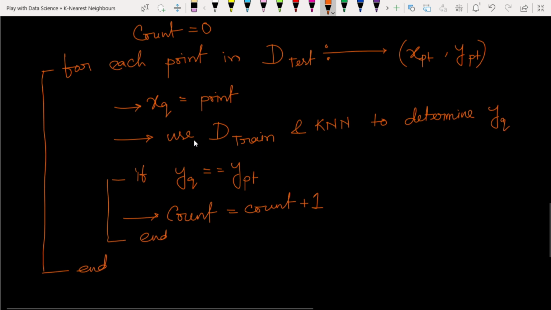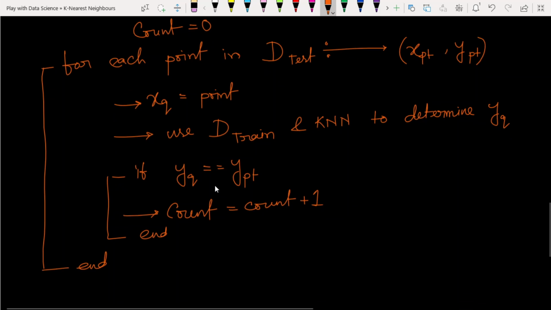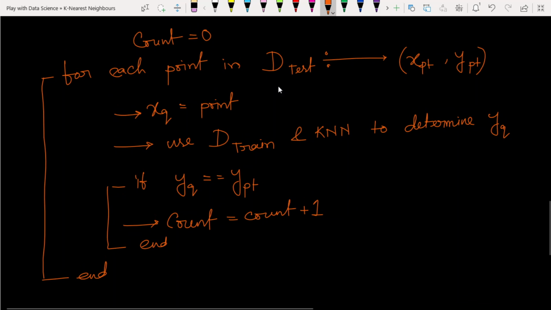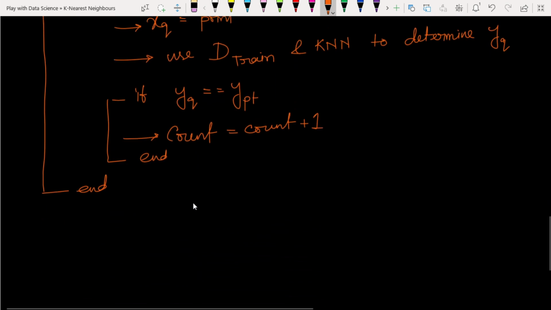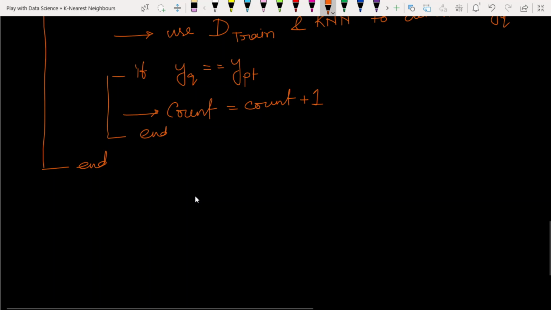Okay, this is the simple algorithm. For each point we run this for loop, and for each point we compare the output coming from the D-train dataset and the KNN algorithm. If it is correct, then we increase the value of count, otherwise we do nothing. So after the end of this loop, what do we get? We get a number of points,